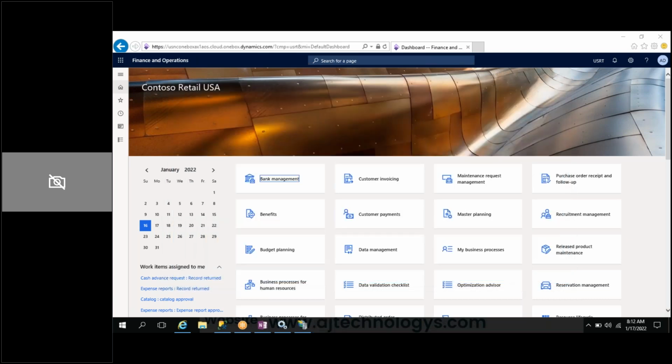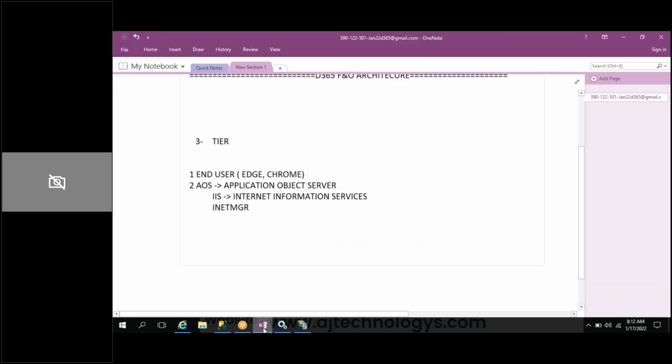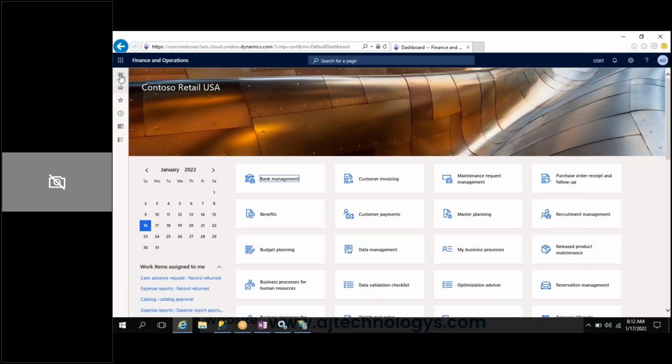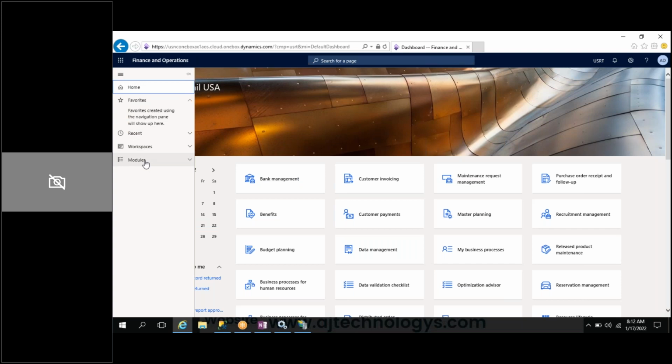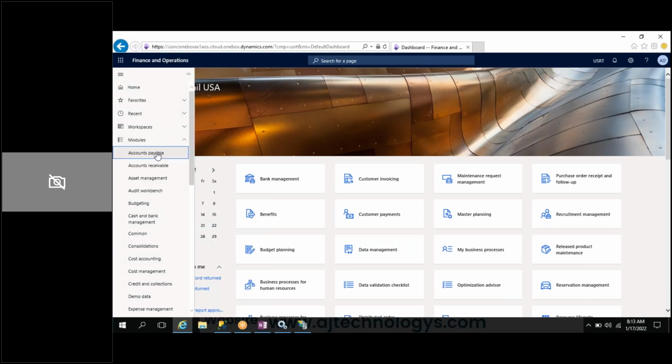Okay, once this is fine, then what is the third layer? I can show you. I will just open any one of the menu items. You can call all these menu items. I can simply open the Accounts payable module. I'm waiting for that menu item.